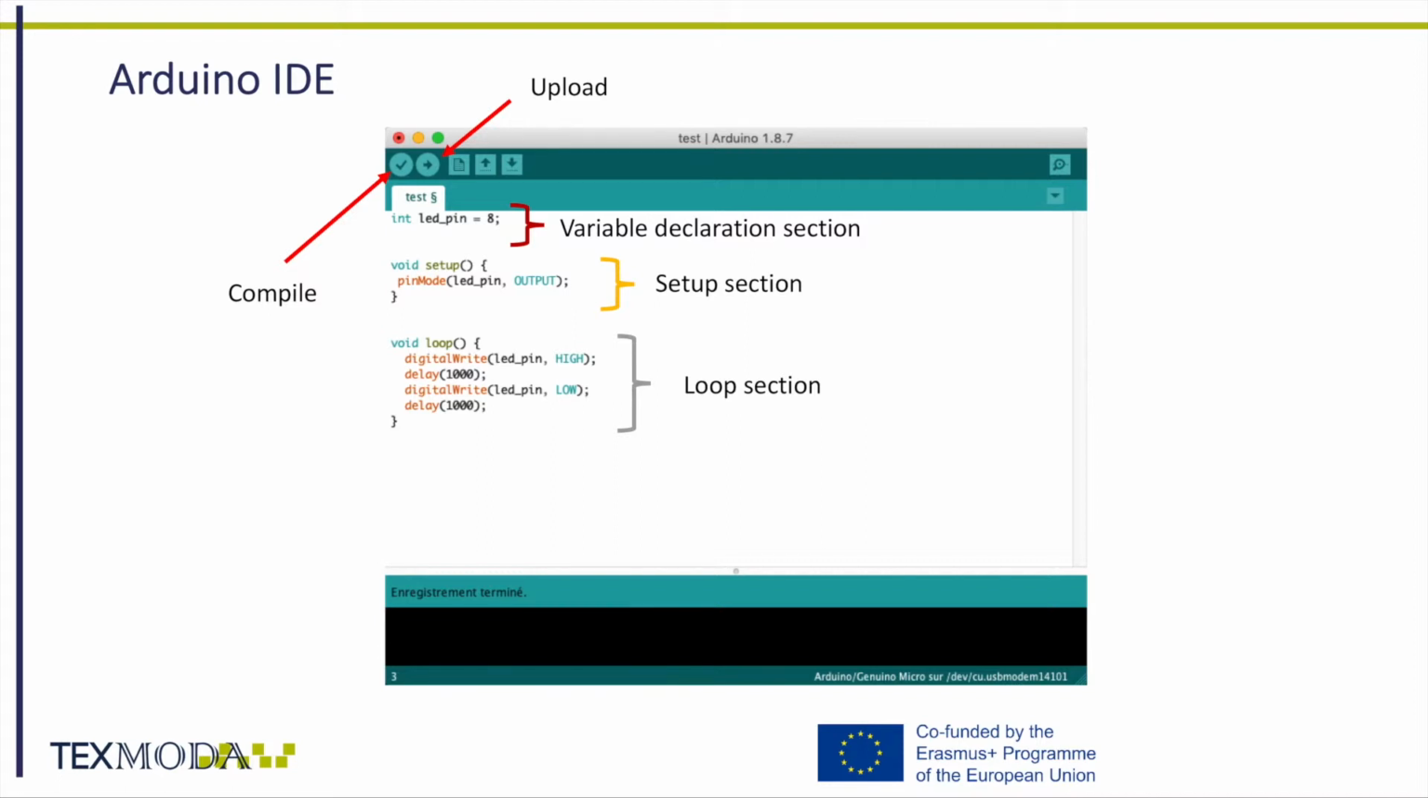The first section is the variable declaration section. In this section, all the global variables are declared and they can be called in any section that follows. The second section is called the setup section. In this section, the user defines which pins are inputs or outputs. Sometimes the configuration of the control board is done in this section, such as the initialization of the serial port and